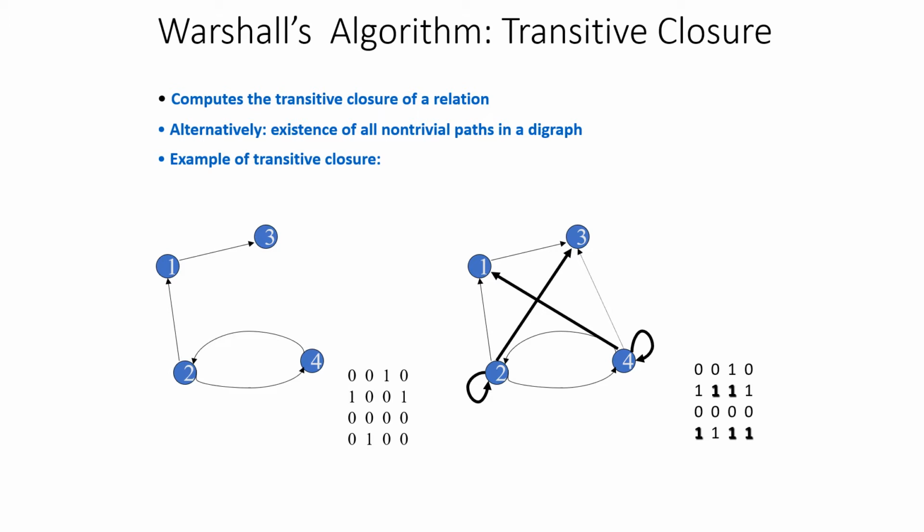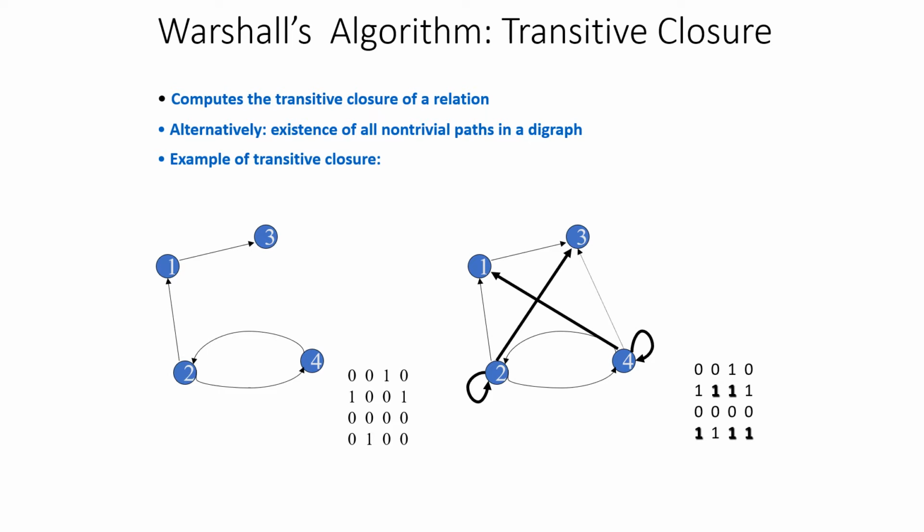So this example illustrates the difference between the adjacency matrix representation and the transitive closure of the given graph. We know that the dimension of the adjacency matrix representation is n cross n, where n is the number of vertices present in the graph. Here in the adjacency matrix representation, we'll place 1 only if there is a direct edge from that particular vertex to the other vertex. If there is no direct edge, then we'll be placing 0 in the respective cell.